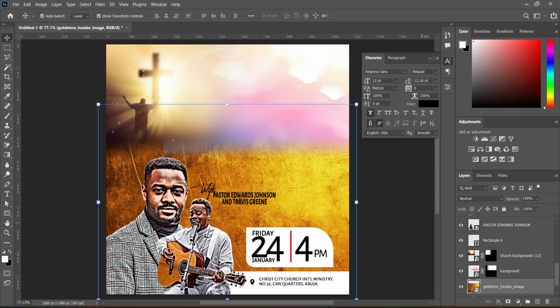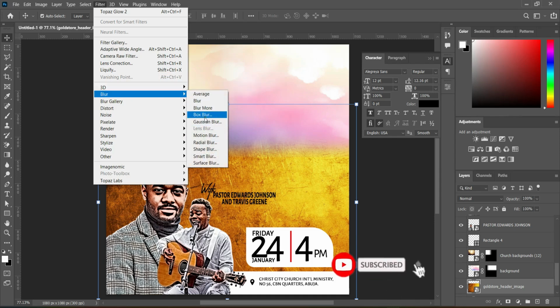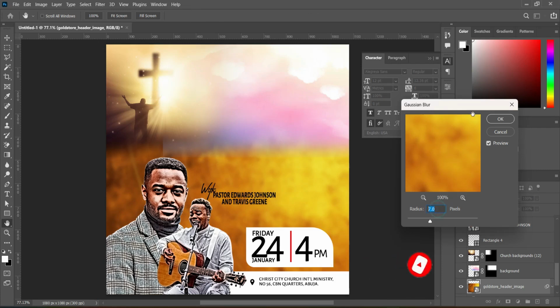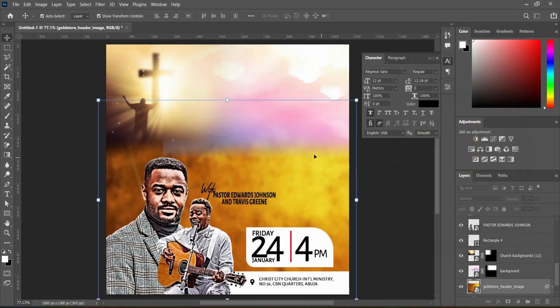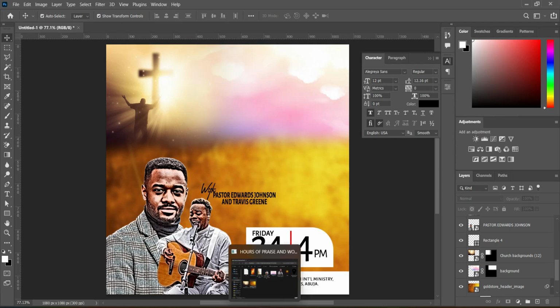Then we are going to apply a Gaussian blur. Select your Gaussian blur and leave it at 7.0. Then you click OK to apply it. Now select this background here, select your gradient tool, then blend it. Okay, so we now leave it this way. So the next thing we are going to do is go back to our